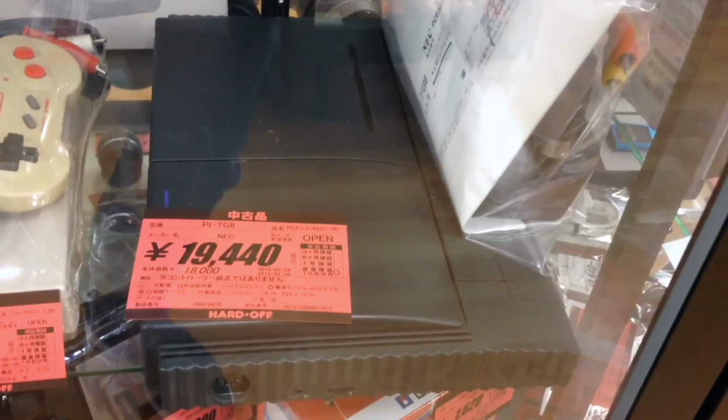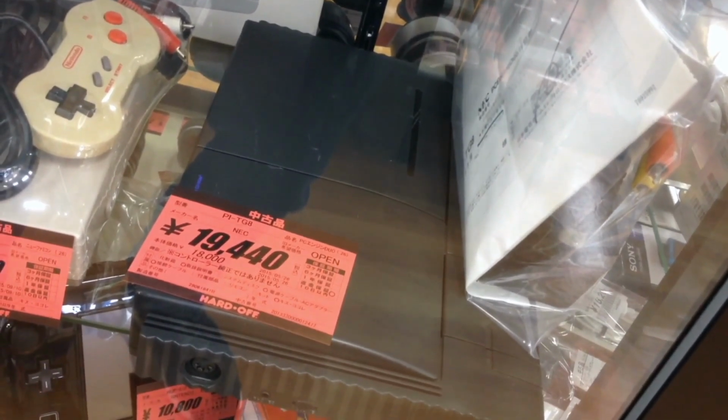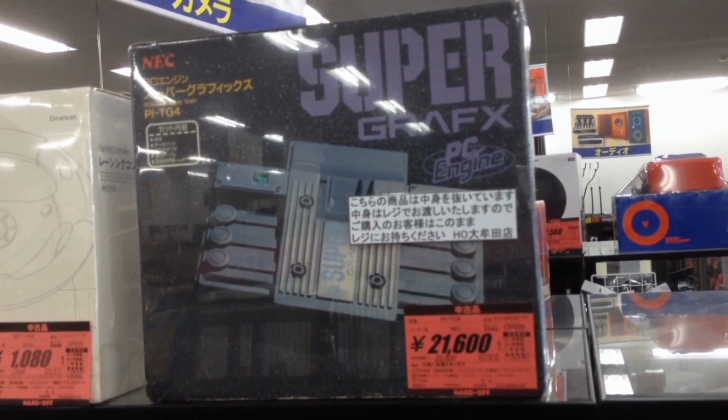Actually, today, the PC Engine Duo, if it's in this condition, even with the third-party controller, if you're in Tokyo and it's in working condition, it could be like $300. It's really crazy how it got expensive in the early 2010s, and it has stayed expensive ever since. And then this, oh my God, I cannot believe...